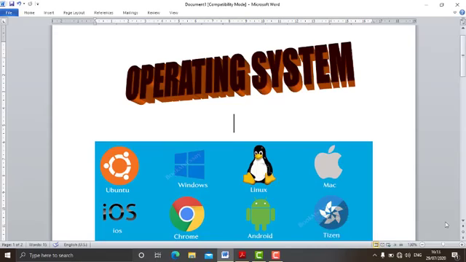The next is processor management. You all know there is a processor in the system, so that also needs to be managed. In a multi-programming environment, the operating system decides which process gets the processor and when and for how much time. And this particular process is called process scheduling. In processor management, the operating system keeps track of the processor and the status of processes, how many processes are going on. The program responsible for this task is known as the traffic controller.